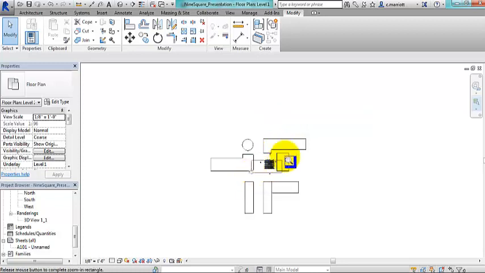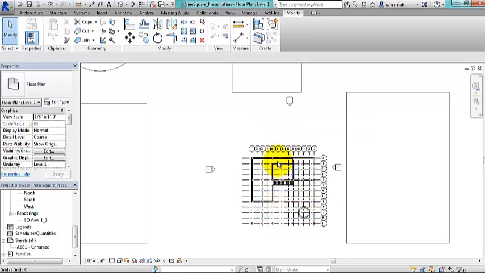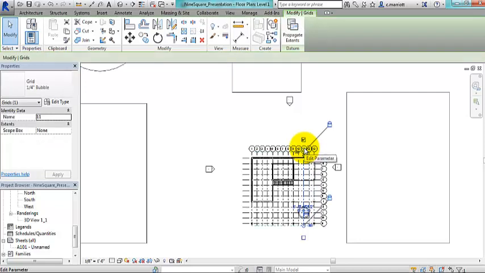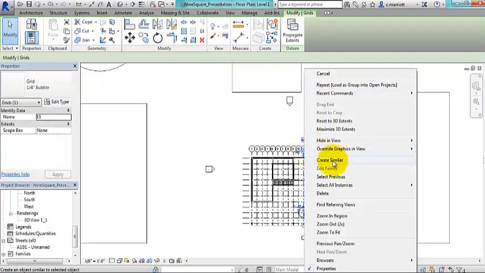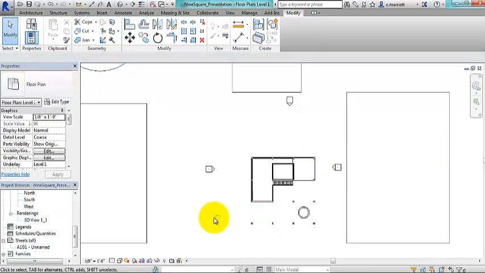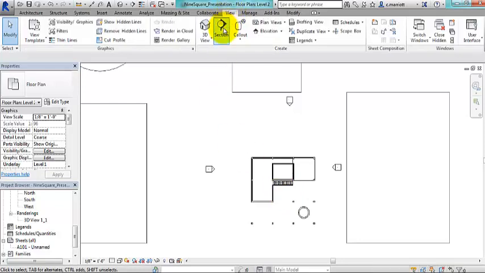I'm going to zoom in here, and what I have is my floor plan along with this column grid. The column grid I'm not going to need, so I'm going to turn that column grid off. I'm going to hide that category in this view. Okay, and I'm also going to cut some sections. So basically I want to make some cuts through my building, and then I'll drag those sections to the presentation sheet. If I click on View, I have this option to generate a section,